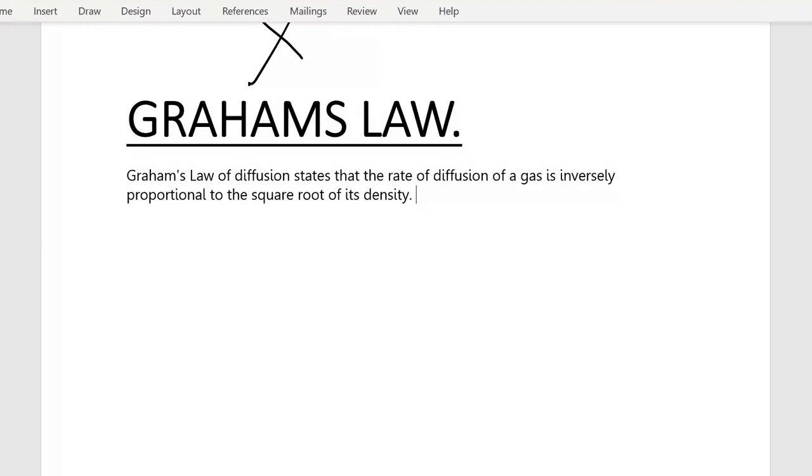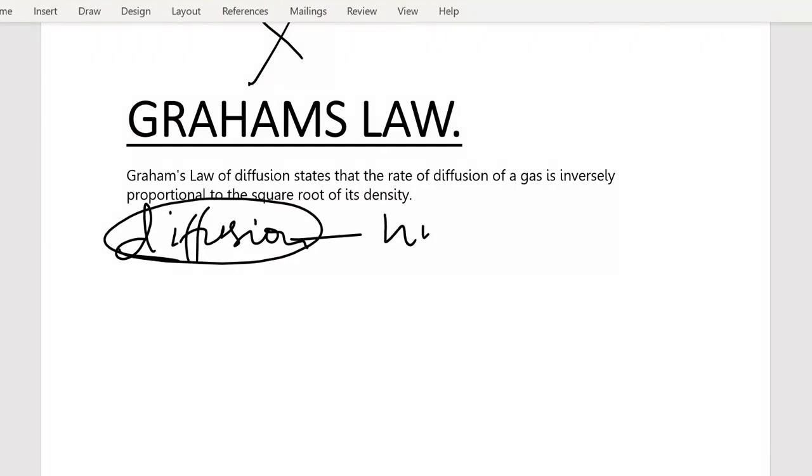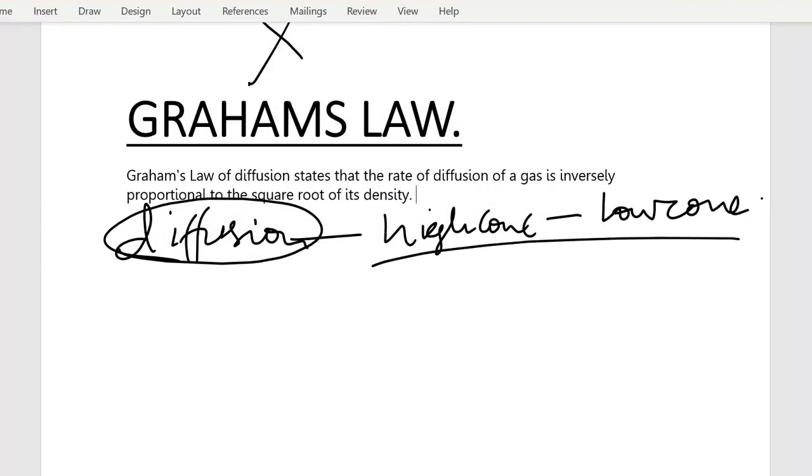In my previous lesson, we talked about diffusion, whereby we said diffusion is the movement of molecules from a region of high concentration to a region of low concentration. And we said this happens in both liquids and gases. Take for example ammonia gas